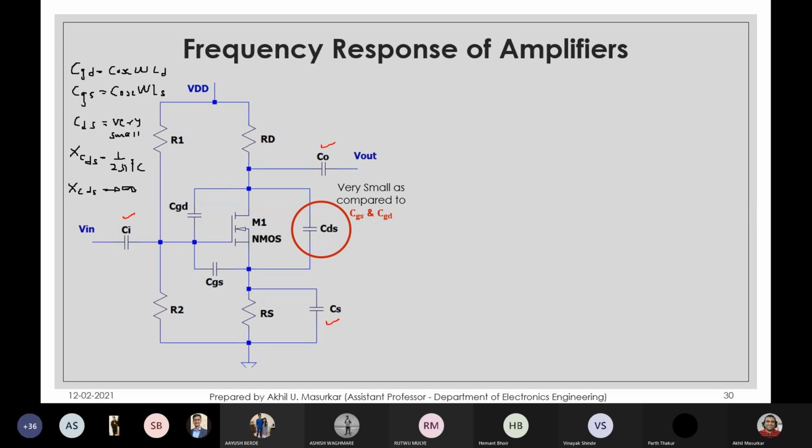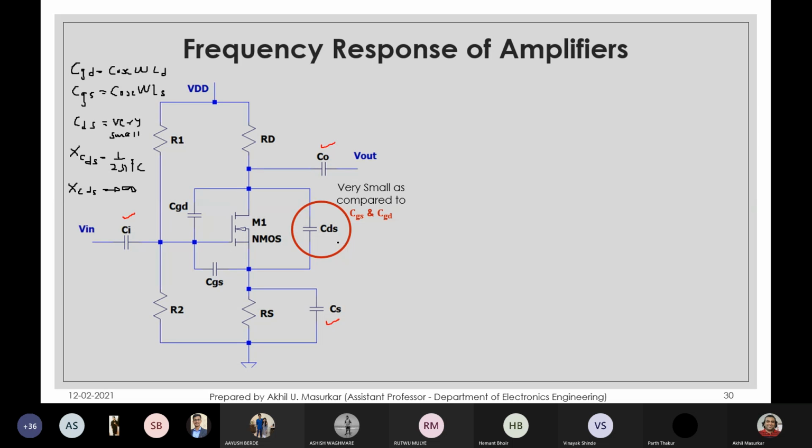Nobody can play with it. So the first person who actually damaged the toy is responsible for breaking it, not the second one who played with it. It is something like that: CGD and CGS affect the response first, and after the damage is done